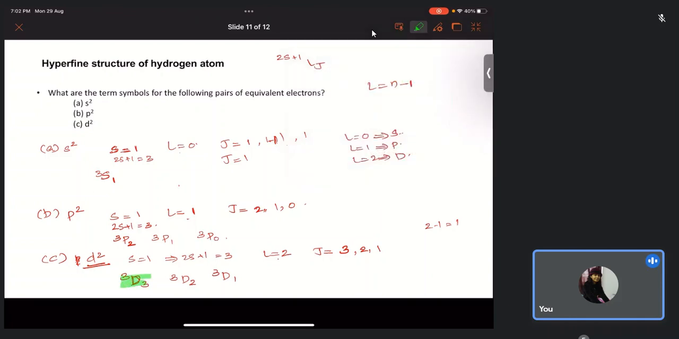So these are the three values possible for d2, and for p2 we have three values, 3P2, 3P1, 3P0. For s2 we have only one possible value, which is 3S1. That's all I have to discuss with you for today. If you have any particular question with the questions that we have discussed today,